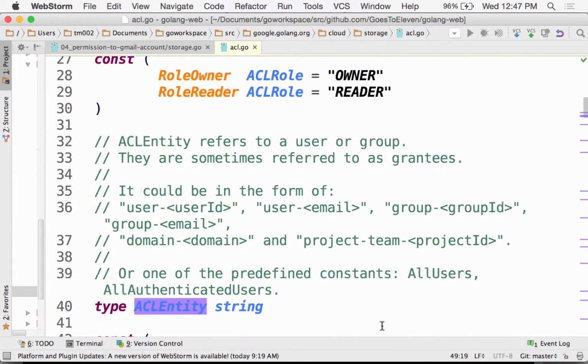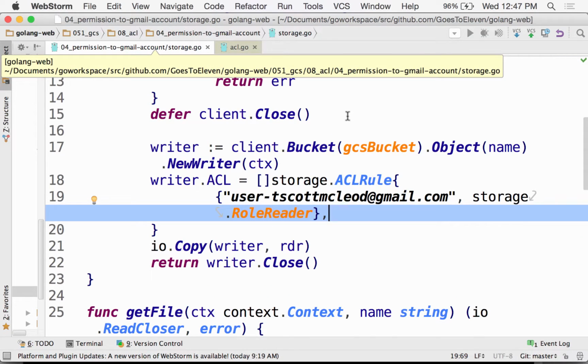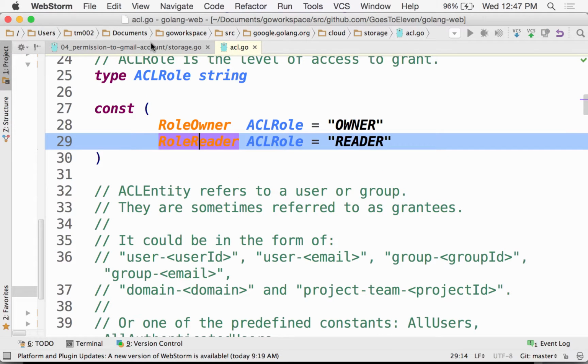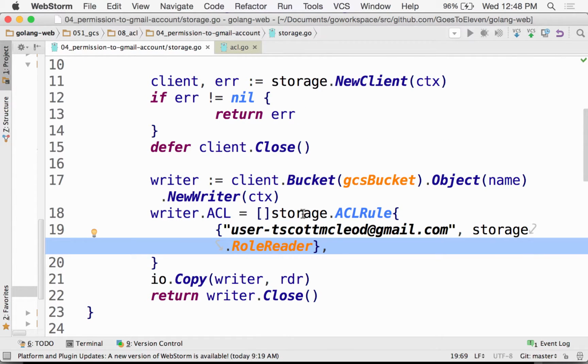And so anyhow, I gave it the role of reader, I think. What did I do? Storage role reader. And role reader is right there. So this doesn't work unless something changed. I could access it from my Gmail account, I could access it from tscottmcleod, and I could also access it from nobody, not logged in with anything, just from incognito. So I'm not quite sure what I needed to set for it to become private. But if anybody can figure that one out,